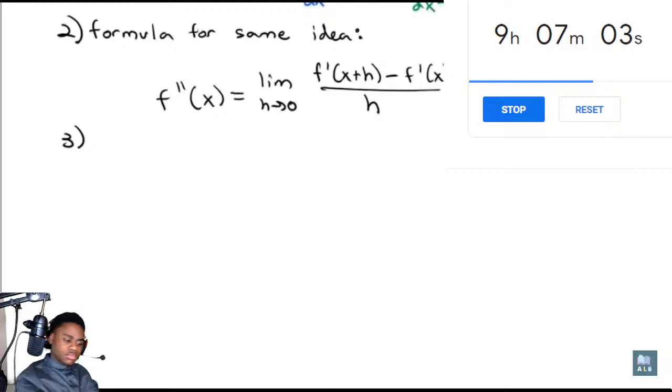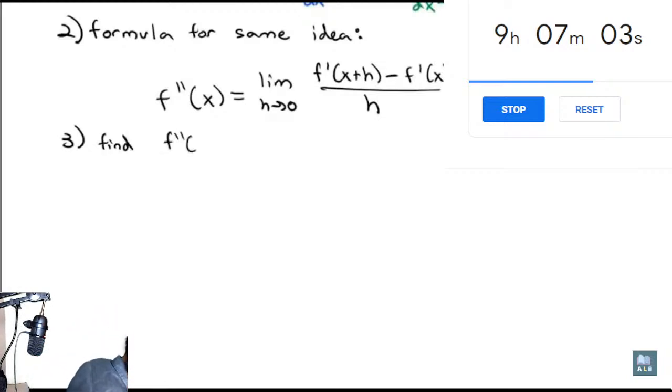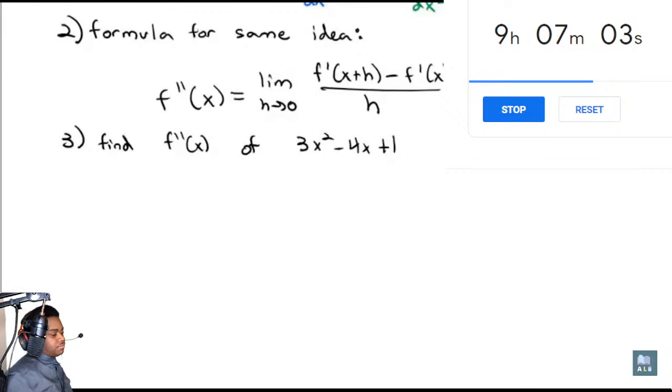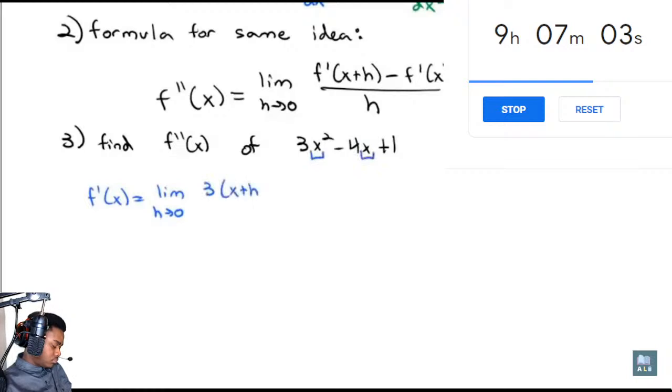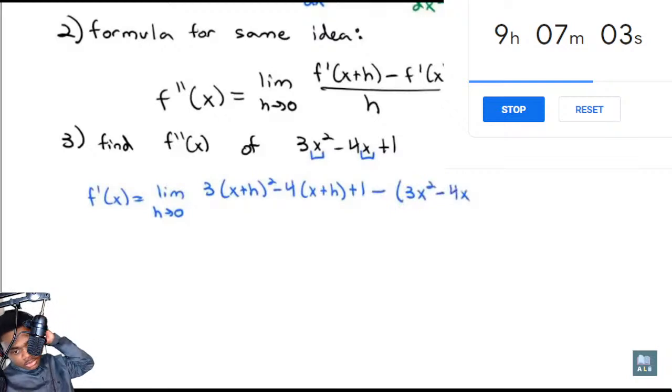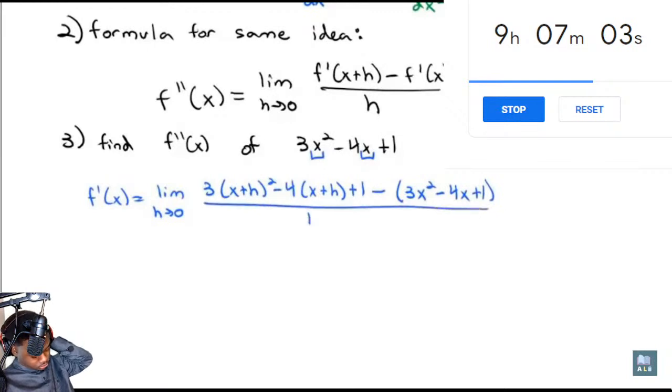Let's do an example. We're going to find the second derivative of 3x squared minus 4x plus 1. Well, in order to find the second derivative, we first have to know what the first derivative is. So let's find the first derivative. f prime of x is equal to the limit as h goes to 0 of f of x plus h. We're going to replace the x's with x plus h: 3 times x plus h squared minus 4 times x plus h plus 1, minus the f of x, which we're going to put in parentheses so we don't forget to distribute the negative through, minus 3x squared minus 4x plus 1, all over h,